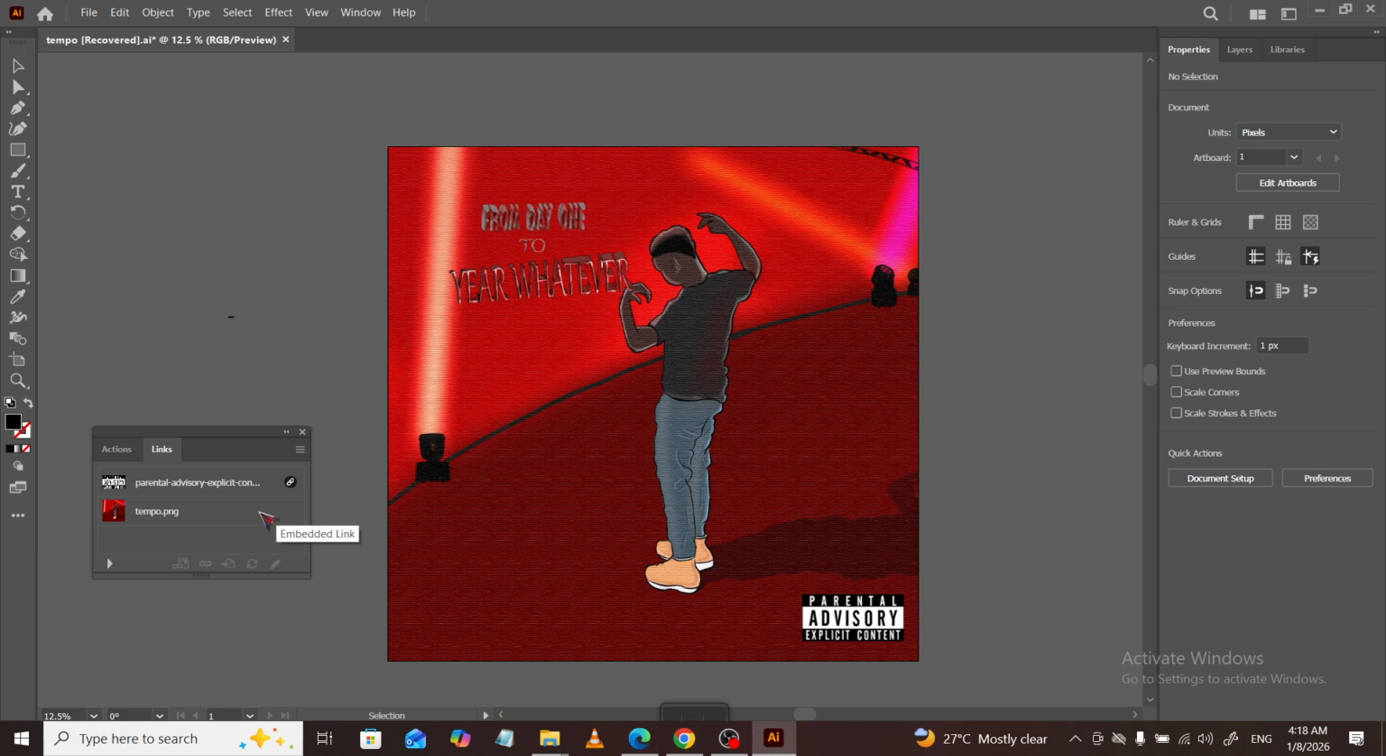In the Links panel, look for the image you want to embed. You'll see the file name and a small link icon indicating it's currently linked. Click the item once to select it. If you need to embed more than one image, you can select multiple items by holding Shift and clicking each one. Selecting it in the Links panel also highlights it on the artboard, so you can double check you've got